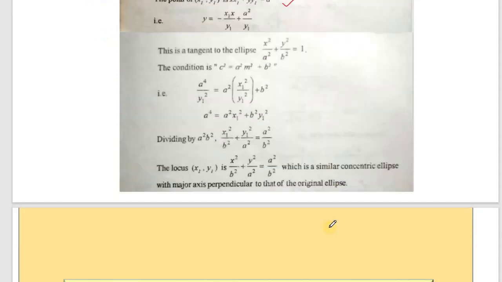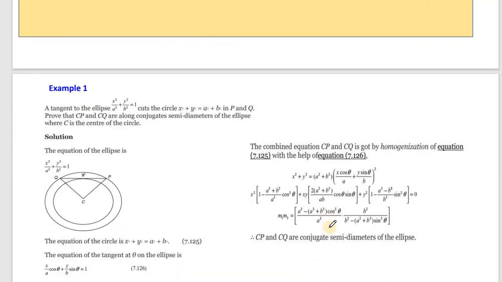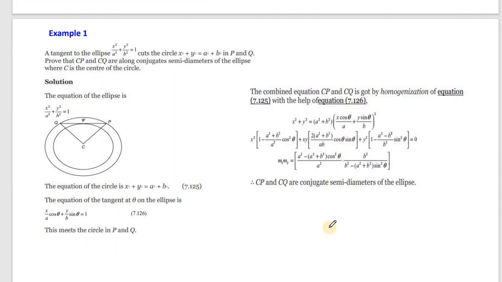Get the locus. So next we concentrate on problems on conjugate diameters and asymptotes from hyperbola. Now the first one: a tangent to the ellipse cuts the director circle x square plus y square is equal to a square plus b square in points P and Q. Prove that CP and CQ are along the conjugate semi-diameters of the ellipse, where C is the center of the